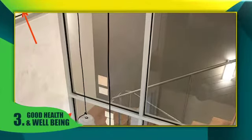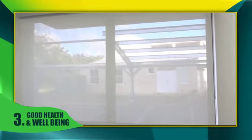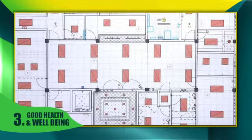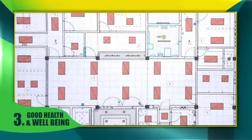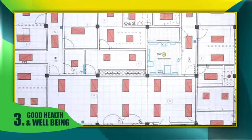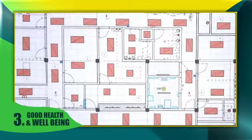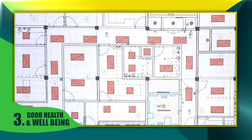Natural lighting was utilized throughout the project, and it's important to incorporate that in the projects. And I'd have to say it's quite easy to do that in the Caribbean because we have a lot of sun coming in from most angles. So what I did was to incorporate large windows in almost every space, as well as on the floor plan. You'll see that all of these spaces, offices, or spaces that were going to be occupied by people or users of the building, I located around the perimeter where each one got access to windows